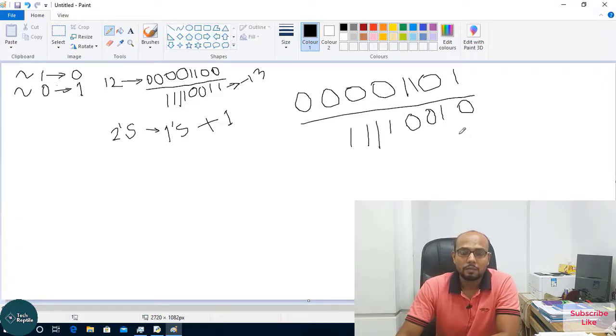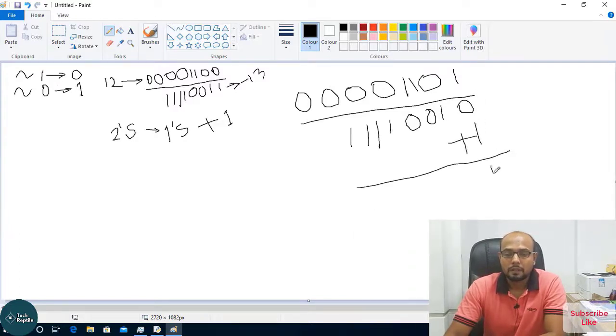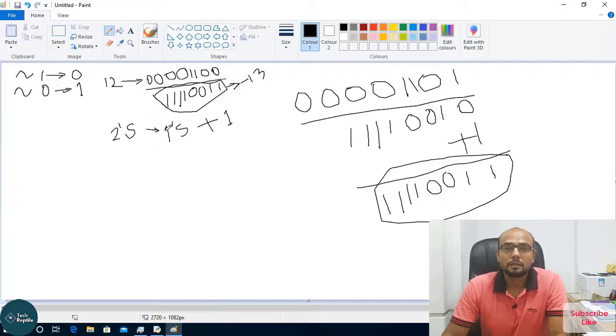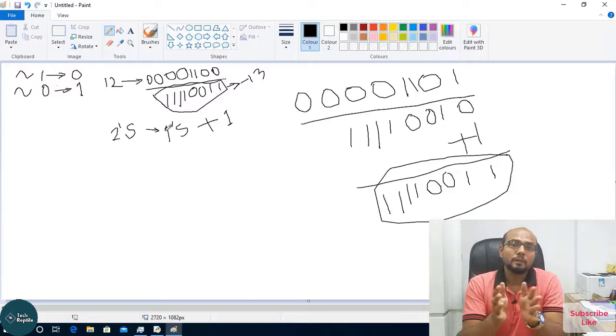I need to add 1 to the 1's complement. It will give 1, 1, 1, 1, 0, 0, 1, 1. Look, this number is the complement of 12, which I got before. That's why the complement of 12 gives you negative 13.